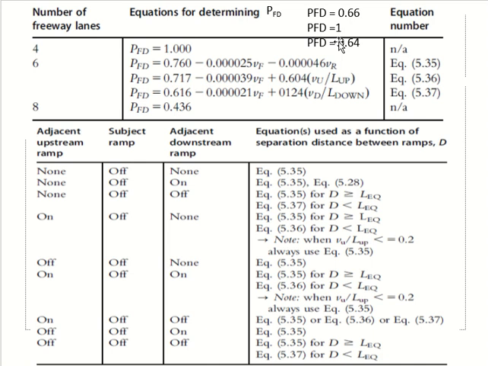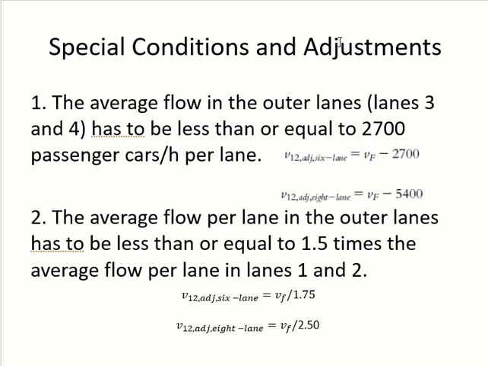Okay. So we need to make a check for V12 values. So remember, you found PFM or PFD. You put it in those equations. Now you know according to these factors how much volume we are expecting in the first 2 lanes. But that volume should make sense. So they have given us 2 checks here for that volume, the volume which you have calculated for the first 2 lanes. The first check is that